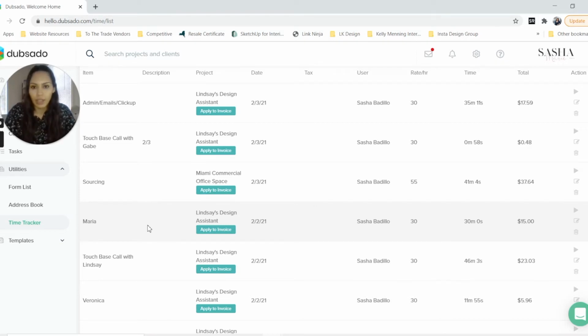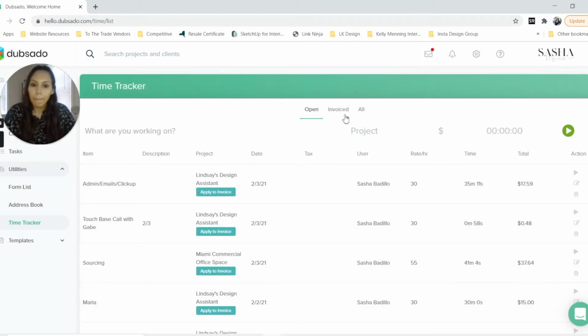So instead of tracking it for each task that I'm doing, I actually just track it by the actual client. And then that way, at the end of the month, I can tell her how many hours I spent working on her particular client, and then she could just bill it back to the actual client. And then you'll see here, if I go to Invoiced,